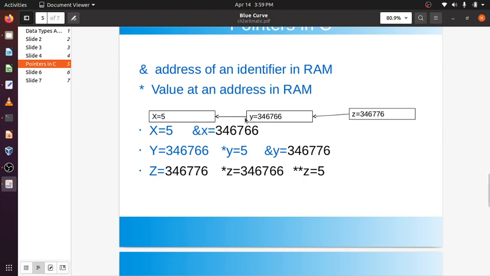Again a star, and I will get the value contained in the address location in y.